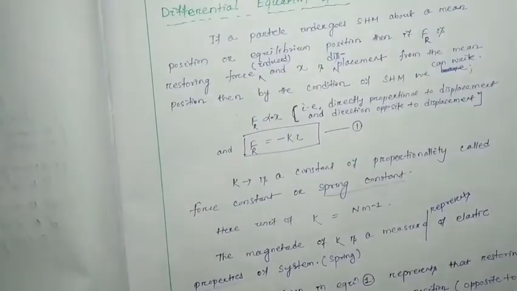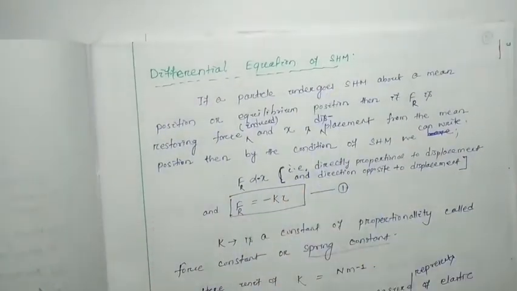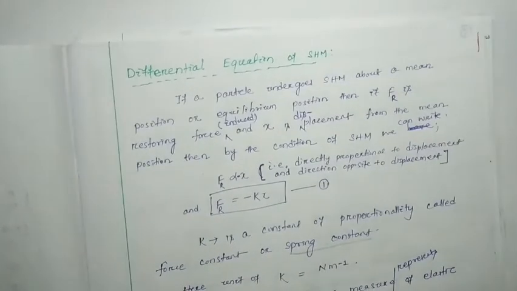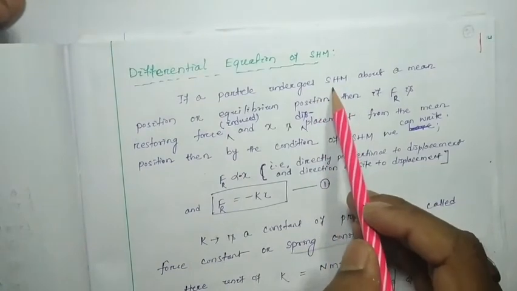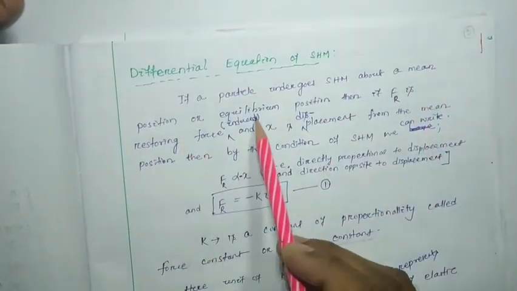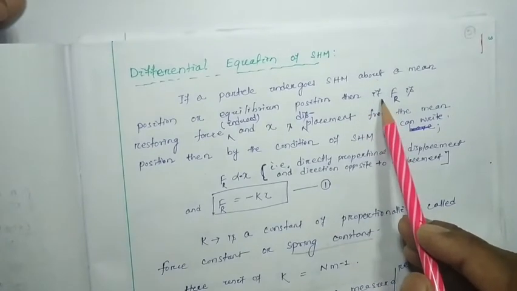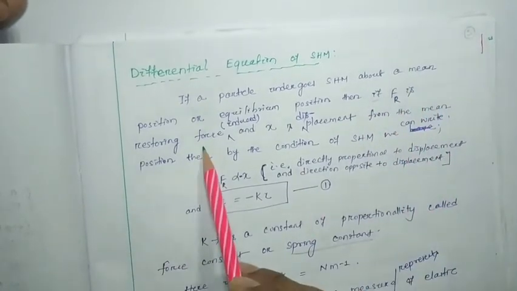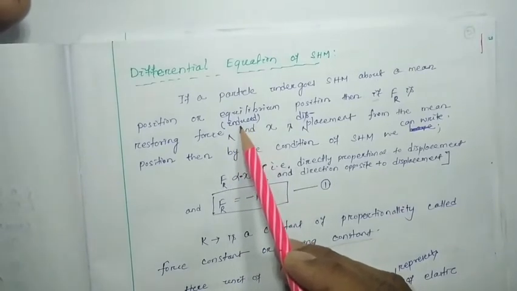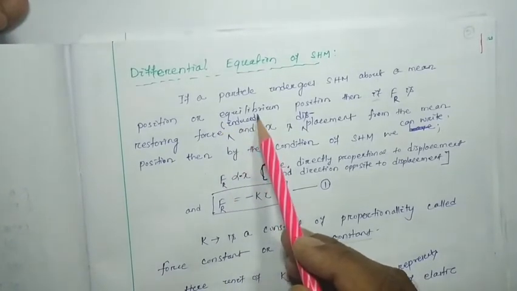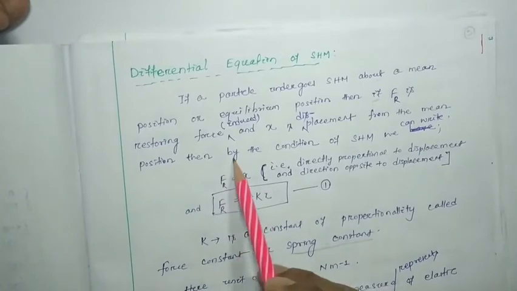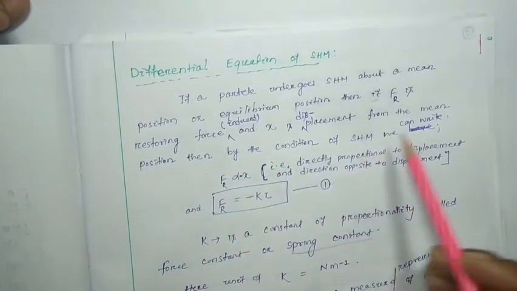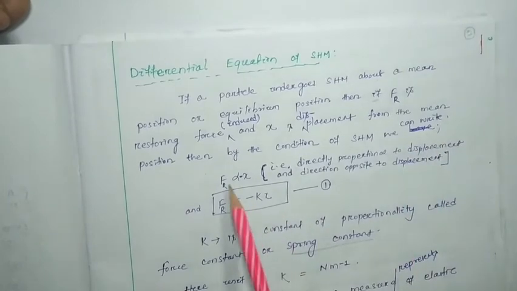In today's class we are going to set up the differential equation of simple harmonic motion. Here it is written that if a particle undergoes simple harmonic motion about a mean position or equilibrium position, and if Fr is the restoring force induced, here I changed it somewhat, you have to change it in your notes also, in brackets 'induced', and x is the displacement from the mean position, then by the condition of simple harmonic motion we can write